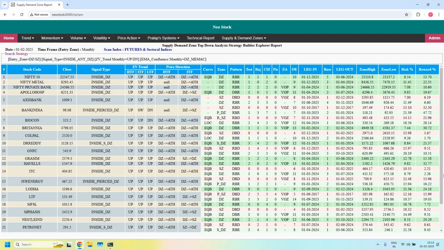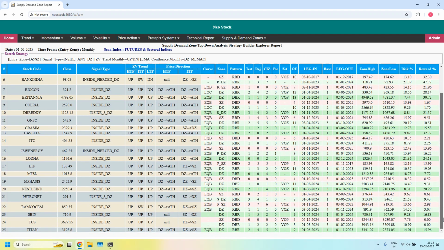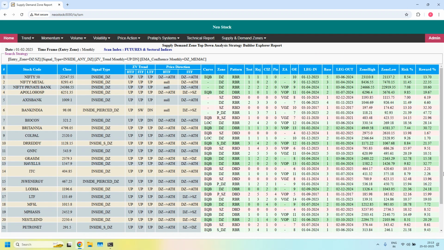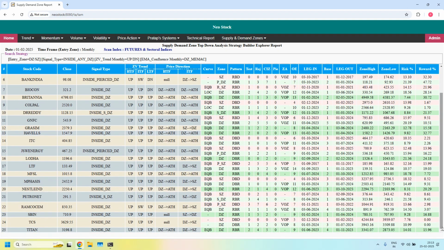With these filters, now the list has come down to 25 stocks. So the first 21 stocks in the list, all these stocks are monthly demand zones having monthly EMA confluence. Let me scroll the list down. So total 25 stocks are filtered. Okay, next,